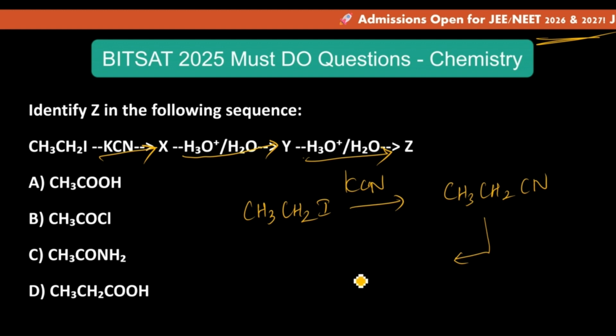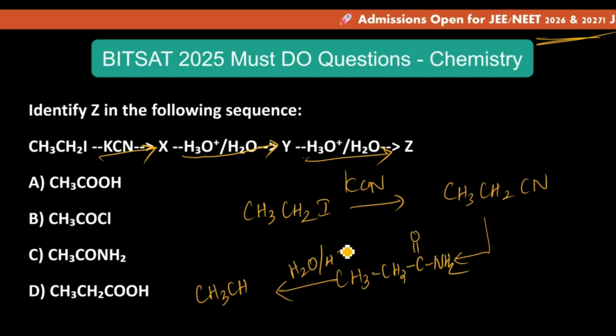First that will give you CH3CH2C double bond O NH2. Then upon hydrolysis again it will give you CH3CH2COOH, along with that ammonia will get released, right? So the answer to this question is